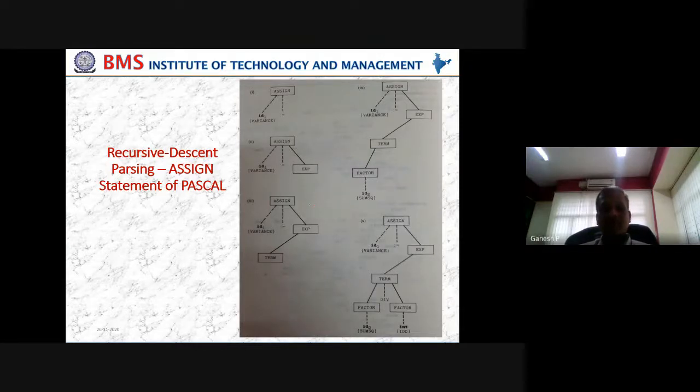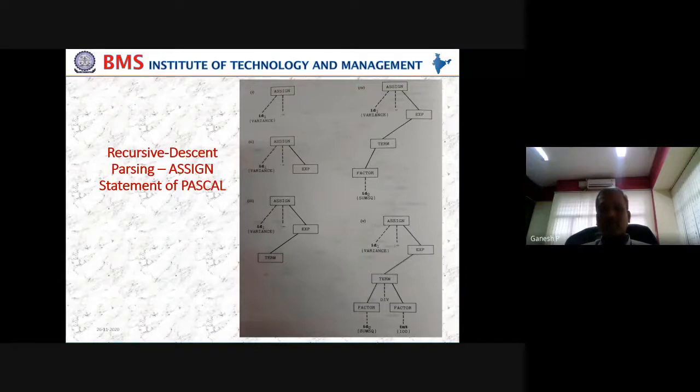In the examination, just to confuse you, they might ask either operator precedence parsing or recursive descent parsing with the same example. So what is observed is how the diagrams are constructed. If they are constructed from top to bottom, it is an example of recursive descent parsing. If you are doing it the reverse way, that is bottom-up, probably it is an example of operator precedence. Same example. So you should not have any confusion about how you write the diagram. The process remains almost the same. Since we are writing manually, you will be able to understand how these definitions are used in constructing the syntax analysis parse tree. They're all parse trees.